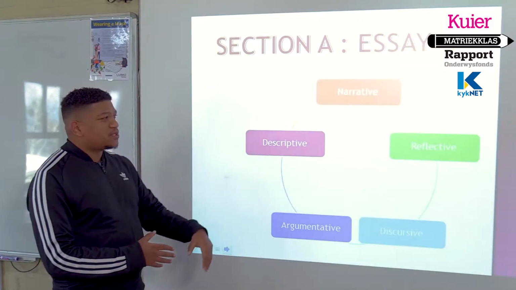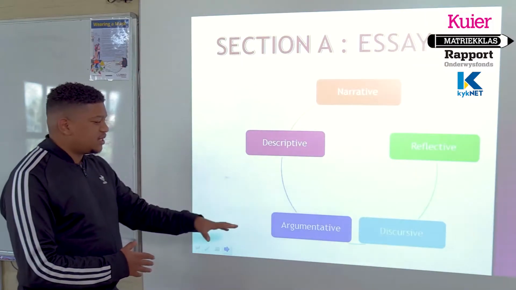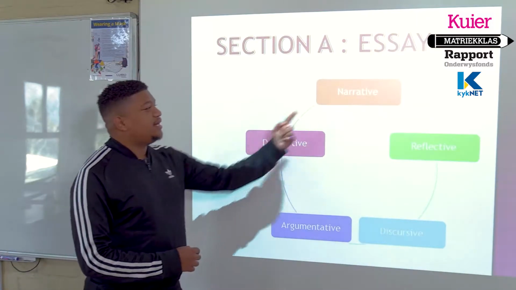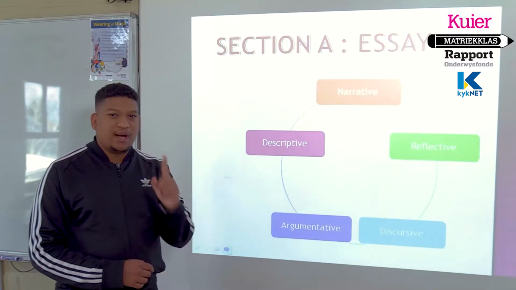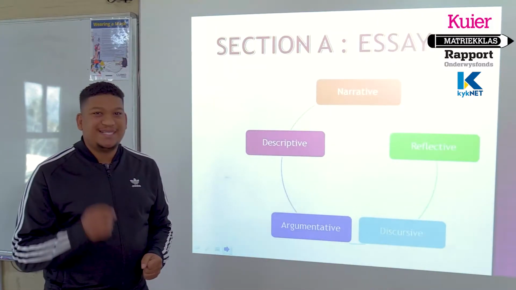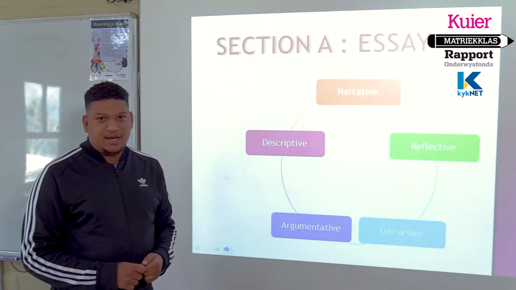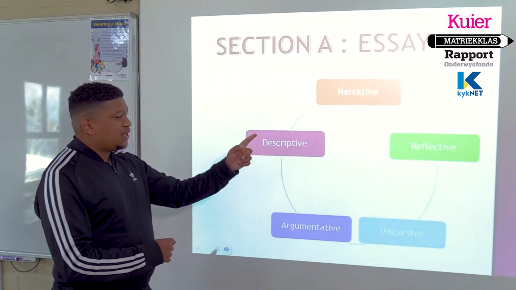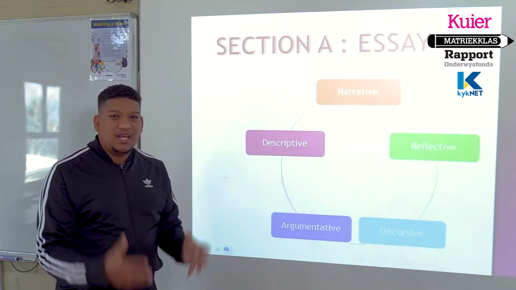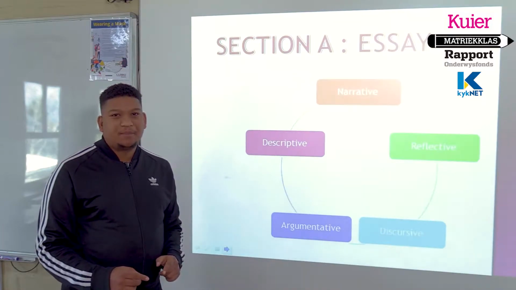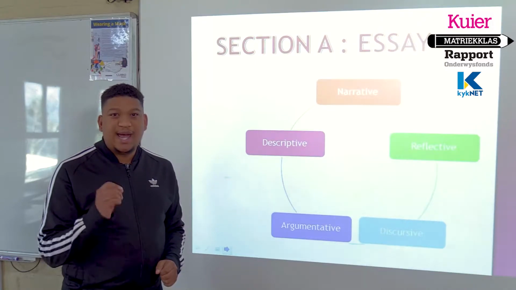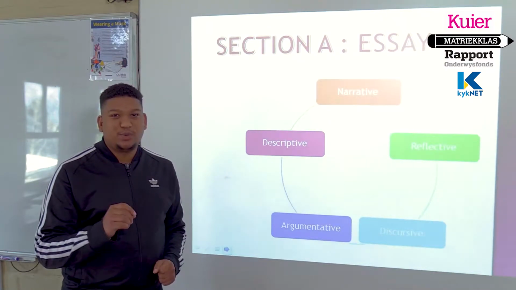So last week we focused on the narrative essay, reflective, discursive, argumentative, and descriptive. And I already told you last week that these 3 mainly become one essay. Because when I tell a story, I'm going to reflect, because my essay is always in the past tense. And when I write my story, I'm going to describe things. So if I describe things, obviously 3 elements into one essay. The important thing is what you write, logic. Hence me saying thinking is important.